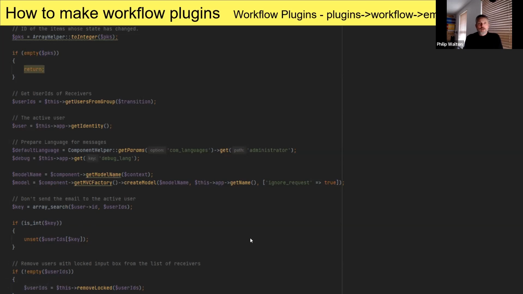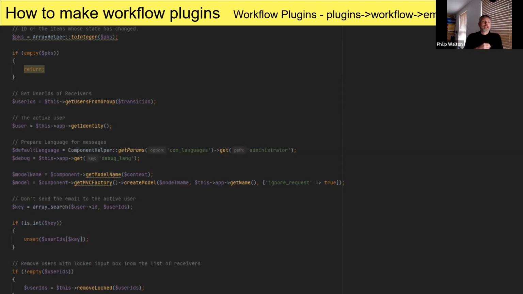going through those. And this part is important because you don't want to be sending it to the email of the person that's doing it. There's no point in me emailing myself that there's a workflow thing that's happened. So if I set an article for Phil to review, but I haven't stopped me from doing it.